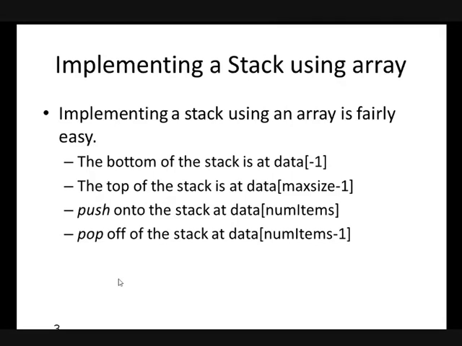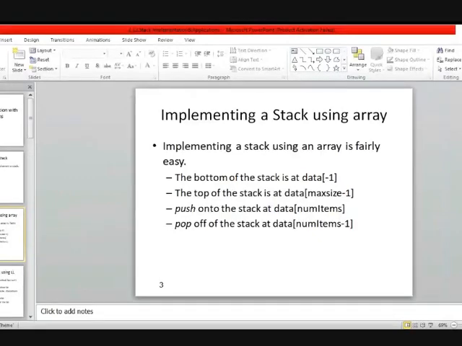Okay class, so I think the array implementation of stack is very easy, and you can perform the array implementation of a stack at your end. Okay, is there any doubt? Can I proceed to the next implementation, and that is linked list implementation.